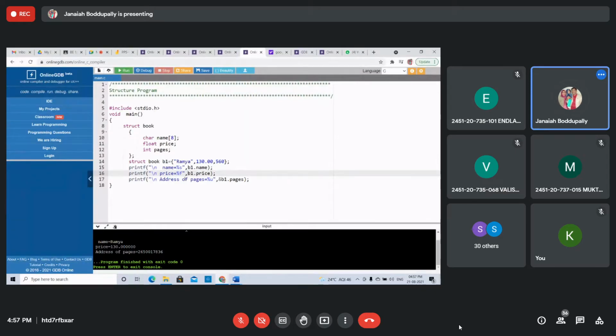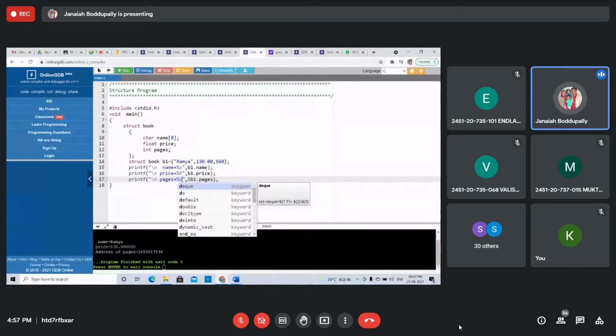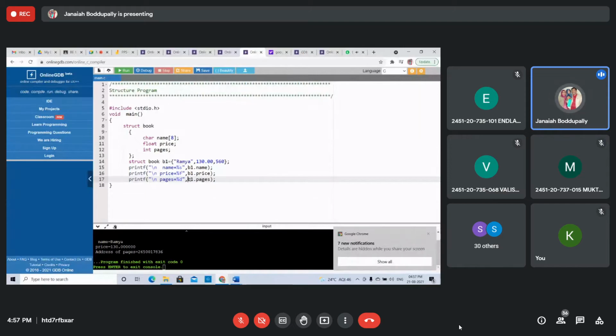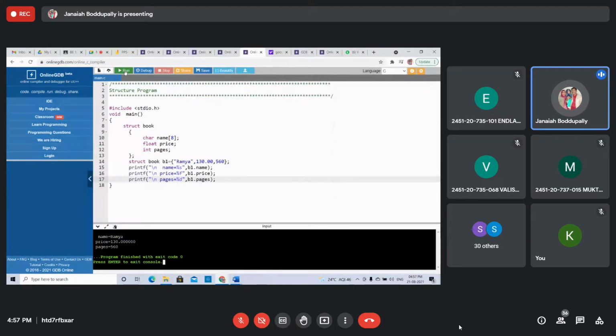Now pages, the number of pages of book B1. We have taken B1. That is also an integer, that's why I take %d and remove this ampersand. Now name equals Ramya, price is 130 and pages 560. We initialized. That's it.